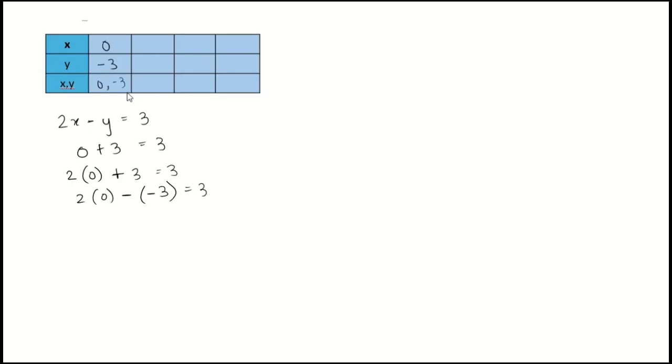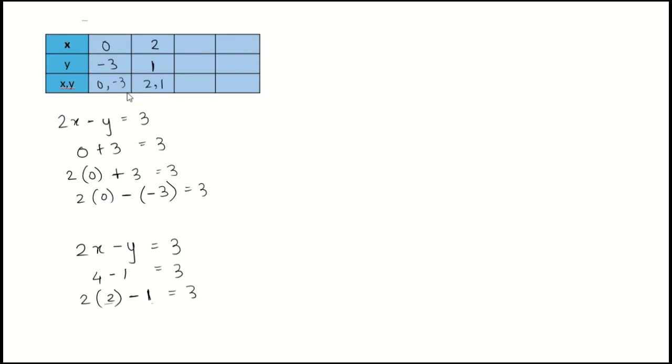We need to find the next 3 points for x and y. Writing down the equation 2x minus y is equal to 3. Possible points, how can we get 3? 4 minus 1 is also 3. Let's write down this 4 minus 1 in equation form. 4 can be written as 2 into 2, and this 2 into 2 is 4 minus 1. We need here minus 1 is equal to 3, which means x is 2 and y is 1. Y will be positive here because this minus sign we are considering in the equation form. So the next point is 2 and 1, where x is 2 and y is 1.